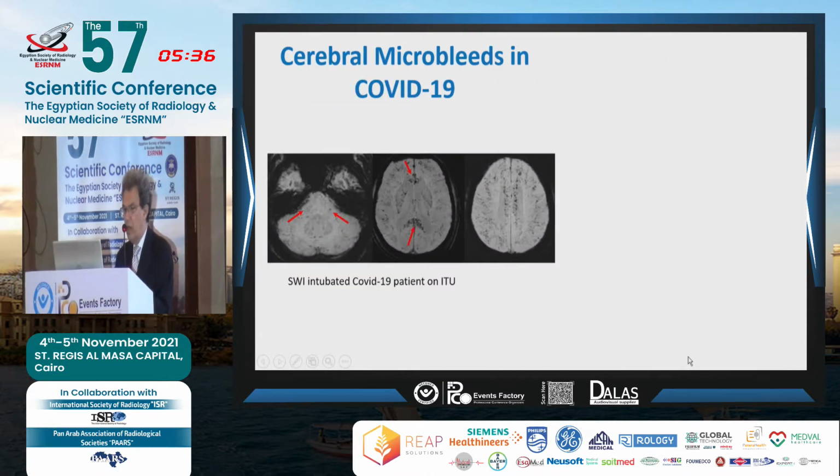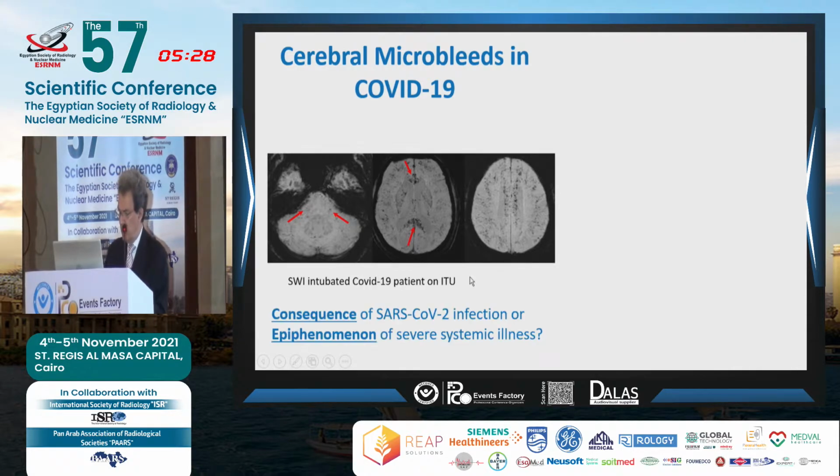So the cerebral microbleeds are actually quite interesting, and you can see them quite extensive on this patient who was intubated and was on ITU. The French team was quite, I wouldn't say aggressive, but quite easy going with performing an MR. In our institution, our anesthesiologists and critical care doctors were not that keen on transporting a patient who was clinically quite critically ill to our department. But, you know, it gave us a wealth of data. And you see here the changes, especially in the corpus callosum, in the genu, and in the splenium.